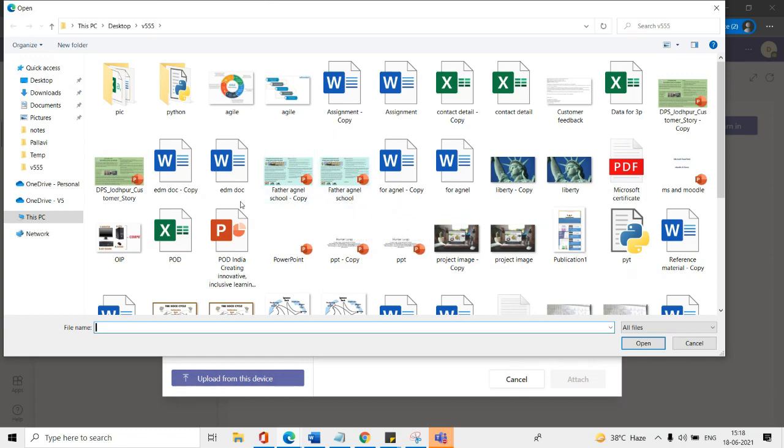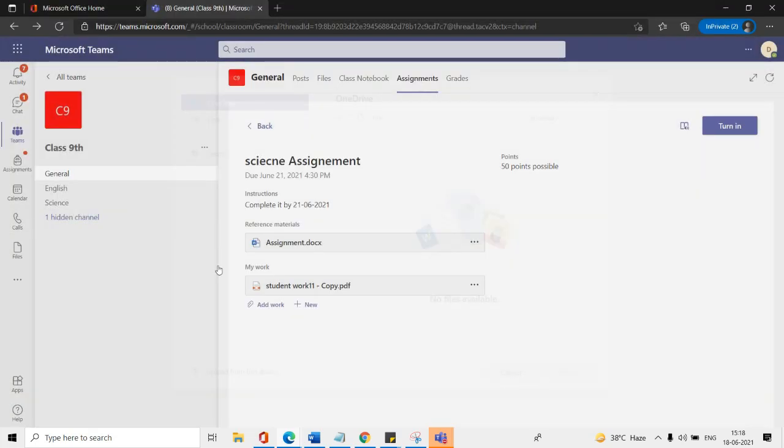So you can upload your work from the mobile phone the same way, and then click on done, because I have already uploaded. So click on done and you can upload. You can upload as many copies here, up to 10 copies or up to 1 TB of space is available. So you can upload as much work here as you want. Size is not a limitation. Whatever questions are provided to you, you can upload accordingly.